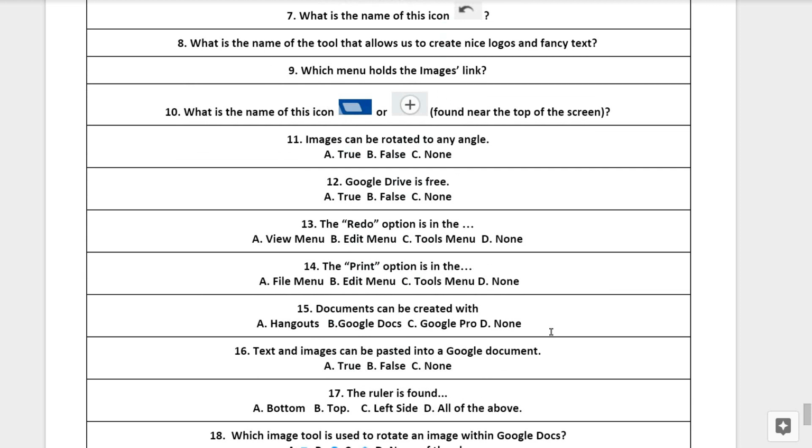Question number 9. Which menu holds the images link? Question number 10. What is the name of this icon or this icon? These are found near the top of your screen.